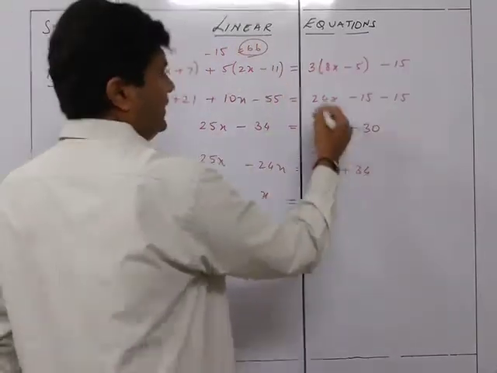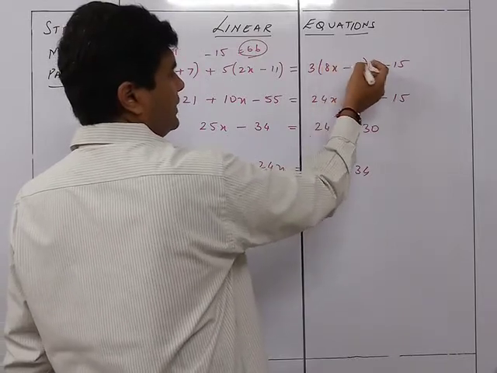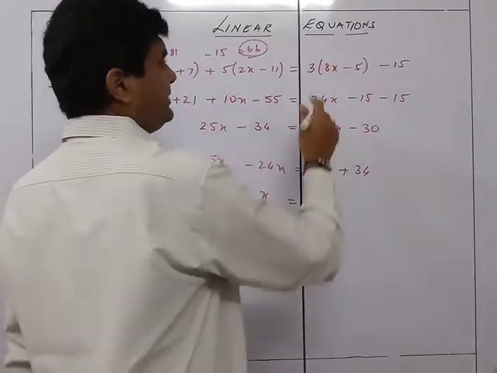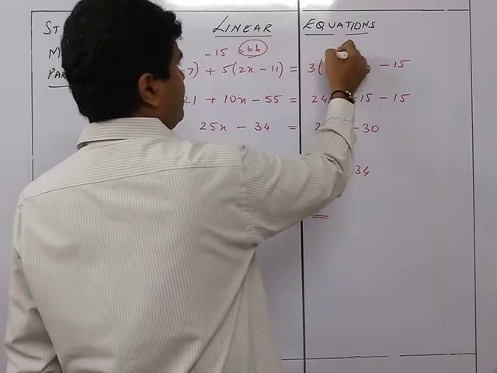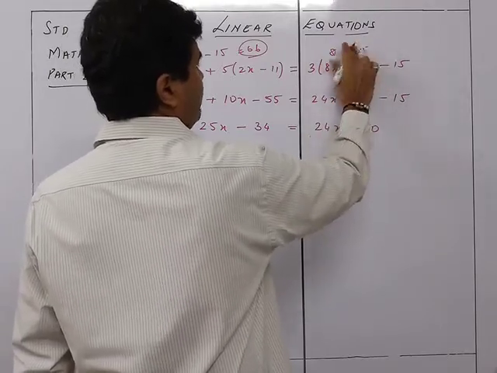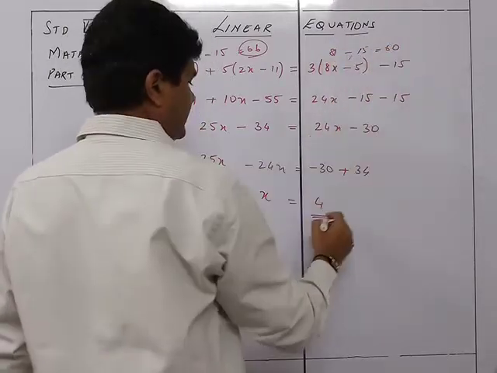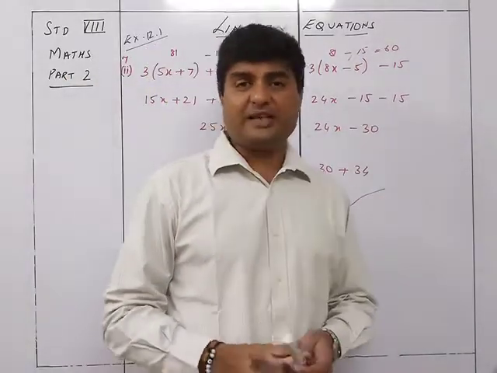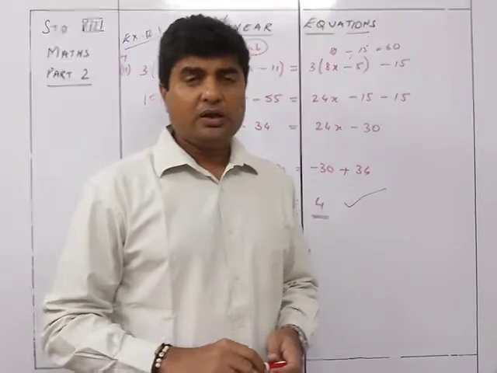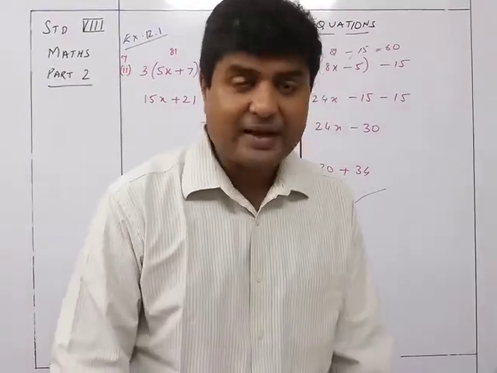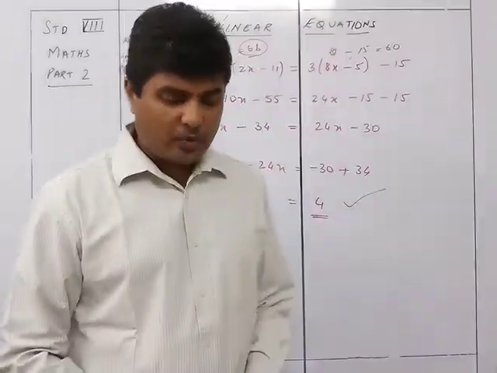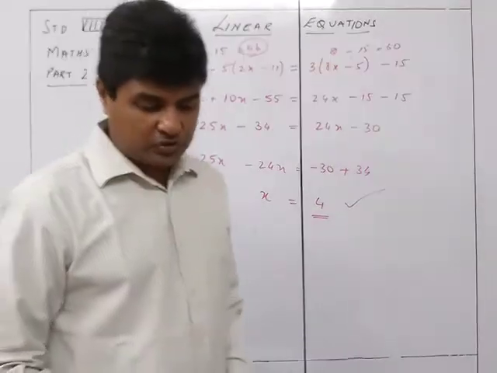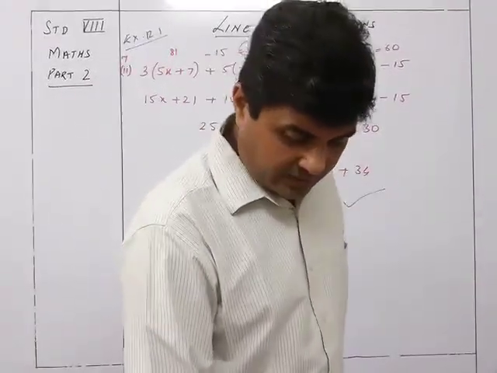Similarly over here, if it is 32, 32 minus 5 is 27, 27 into 3 is 81. So 81 minus 15. So the same thing over here is equal to 66. So yeah, this is the correct answer. The answer in the backside is given as 1 upon 6. I think there is some error over here. I don't think that should be the right answer. The answer is not 1 upon 6. It should be equal to 4. So I don't think there should be any issues with this.